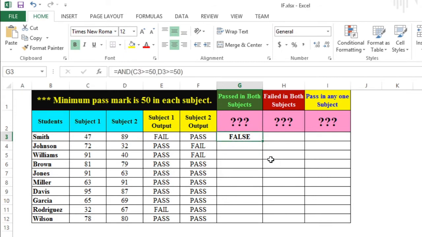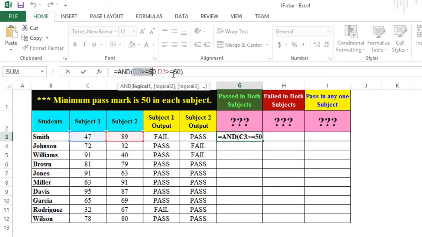As we are working with two subjects, that is two logical tests, we will close the function by putting a closing bracket. Hit enter. G3 cell shows false because Smith has got 47 in subject 1, which is less than 50, and 89 in subject 2, which is more than 50.